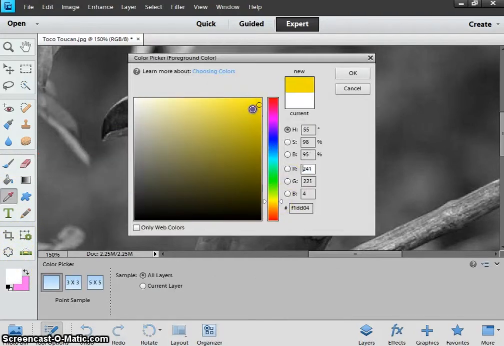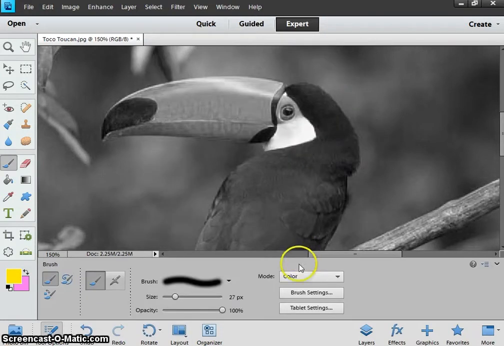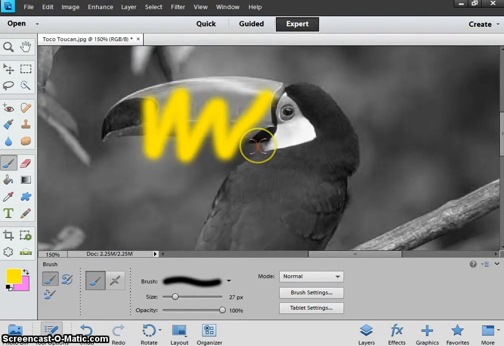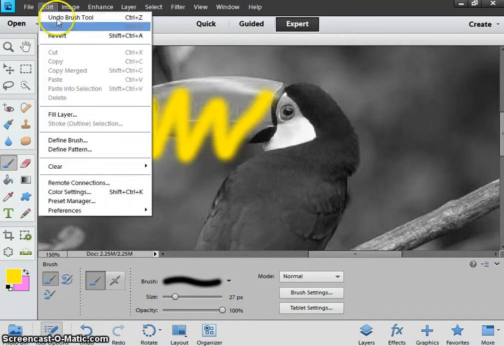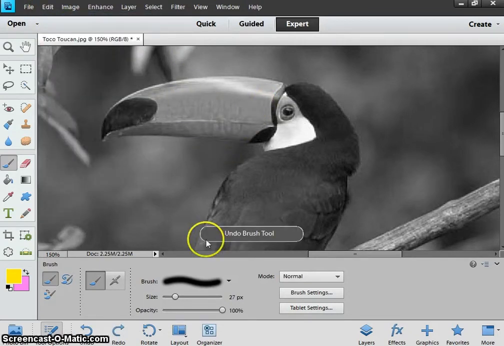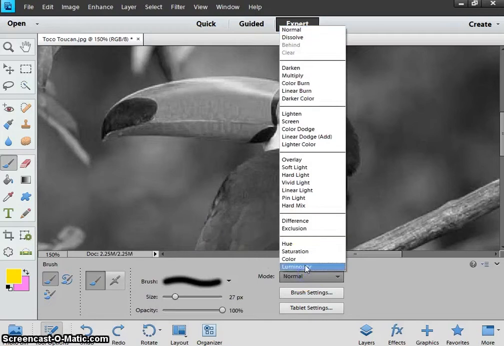You're going to click on your foreground color and change to the color that you want to color in with. At the minute, your options bar will be normal, and if you paint on with normal paint, you'll see that your color is completely opaque and you cannot see the image detail through that. So if we just do edit, undo, and change the mode from normal to color, which is the second last